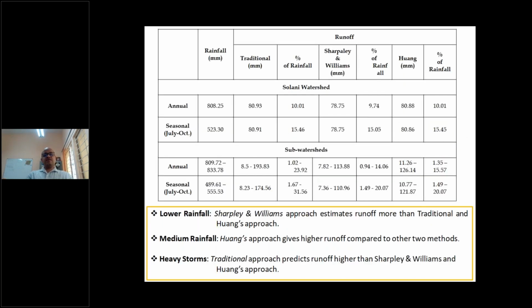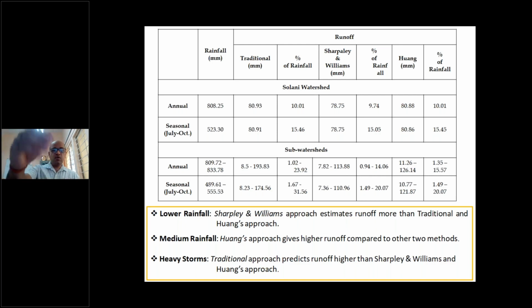Now you can see here, this is how the results may look like. Out of 808.25 mm of total rainfall, using the traditional approach we are getting 80.97 as surface runoff, so the runoff coefficient is somewhere around 10%. Using the Sharpley-Williams method, it is 78.7, which is 9.7%, and using Huang's method, it is 80.88. So almost similar on annual scale. However,